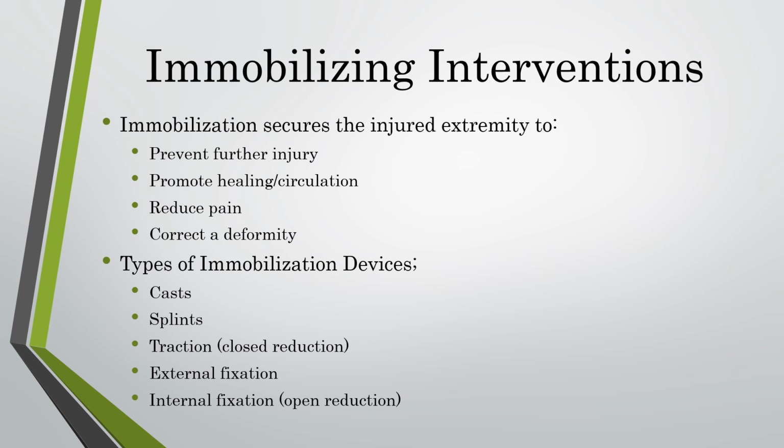Once the fracture is reduced, immobilization is used to allow the bone to heal. Open reduction is when a surgical incision is made and the bone is manually aligned and kept in place with plates and screws. We talked about this, and if you guys remember in Mobility 1, we talked about the internal